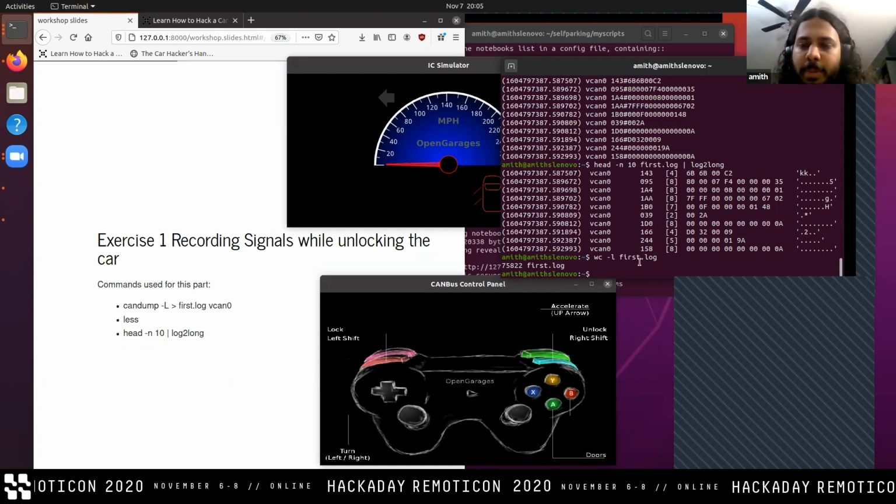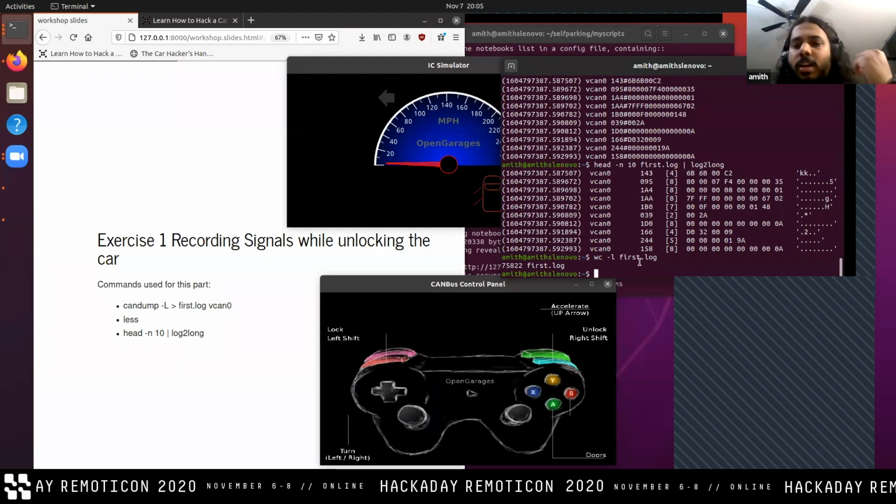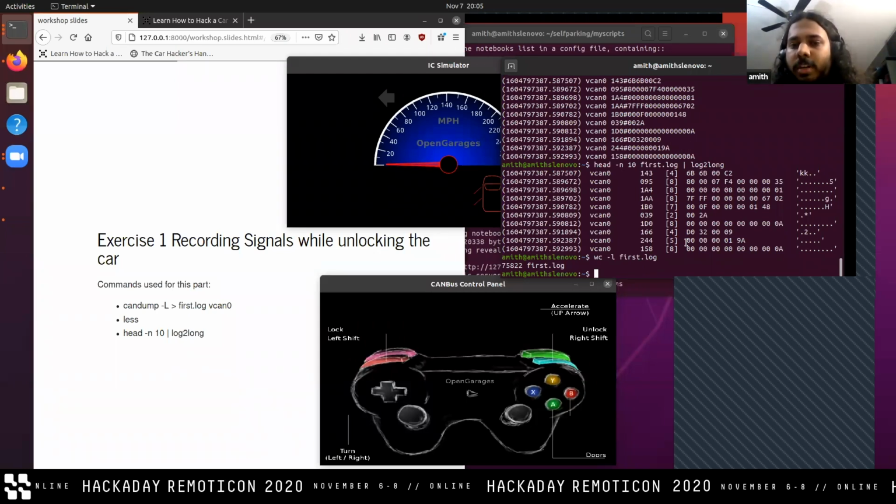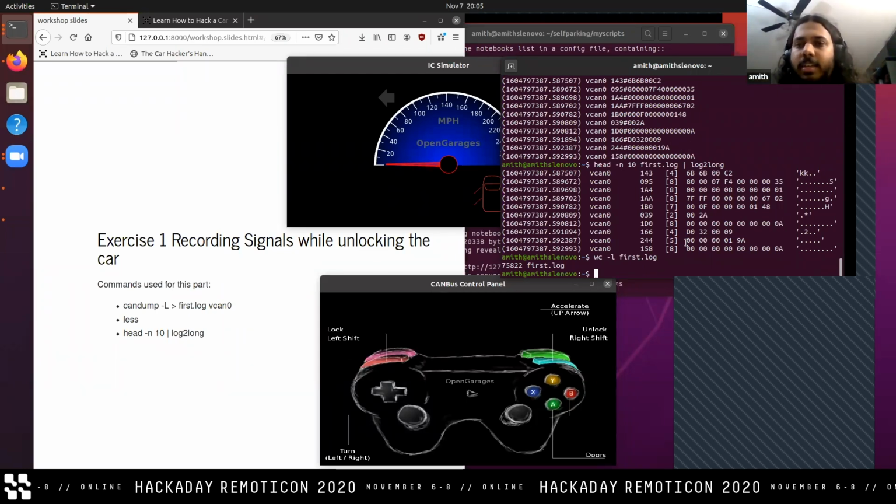The way you do a replay attack is you replay the file that you captured and see if you can get